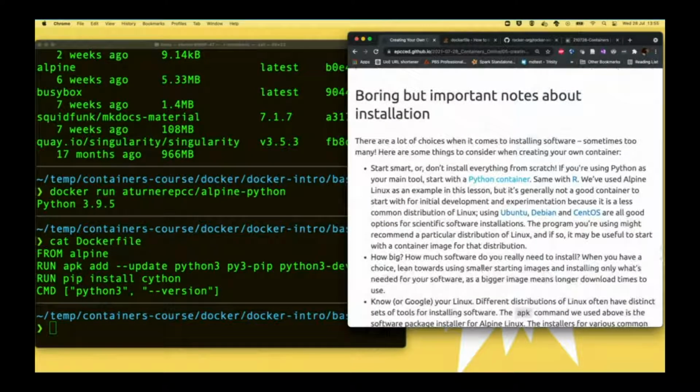Okay, but there are some things to consider when you're creating your own Docker images. It says here they're boring but important notes. I'm not sure they are boring. It depends, I guess it depends on your outlook on life. Maybe I'm just a boring person because I don't think they're boring. But anyway, things like